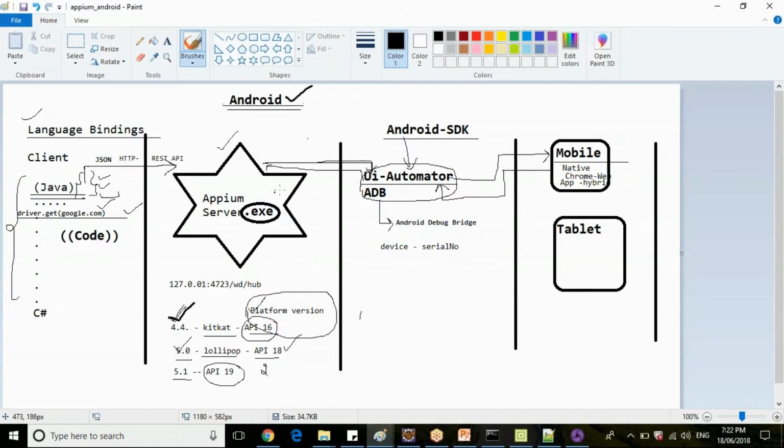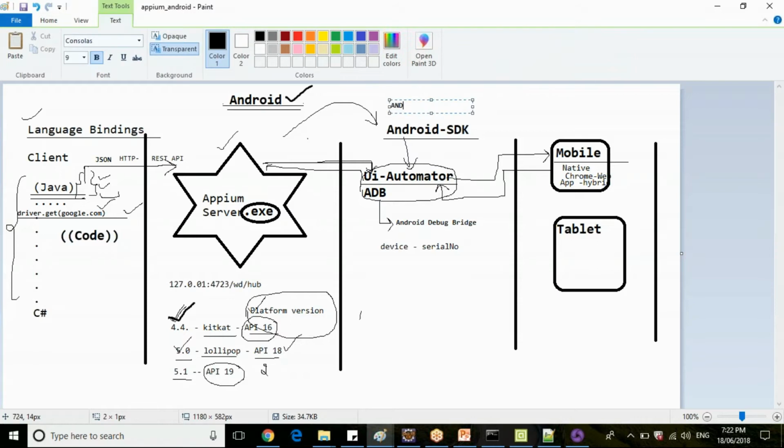Now the APM server will go to the Android SDK here. So how will the APM server know where the Android SDK is? Because we are setting the path of Android home, correct?